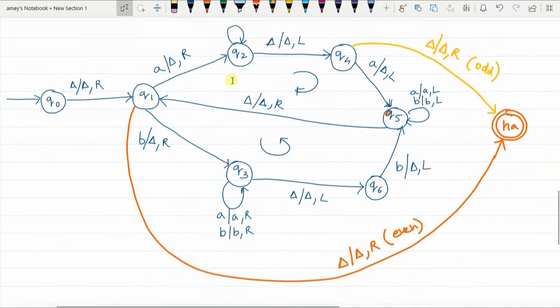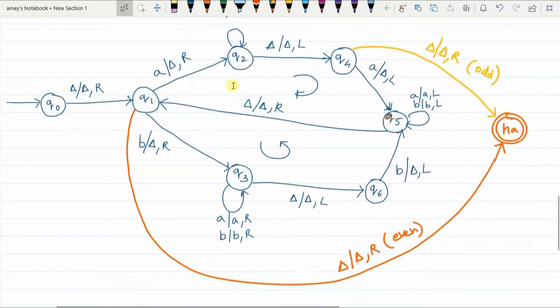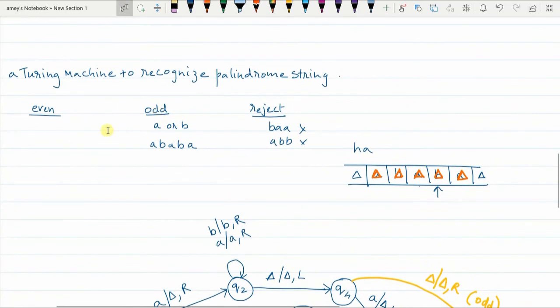Now whatever happened for A, the same thing would have happened for B's. So from Q6 the same thing would have happened for B's also. Delta is replaced with itself, pointer moves to the right. So this is also for odd length palindrome. Any odd length palindrome like this will be accepted.